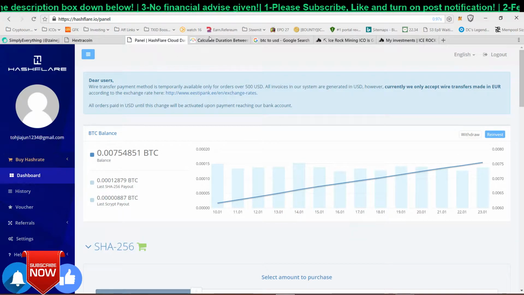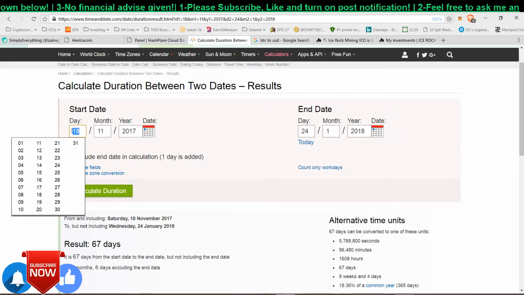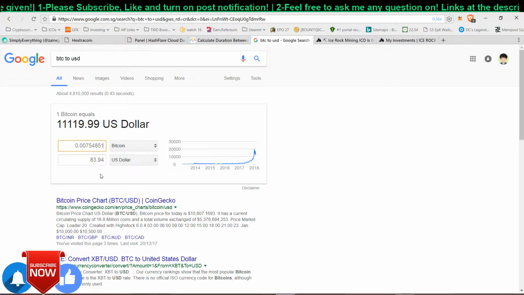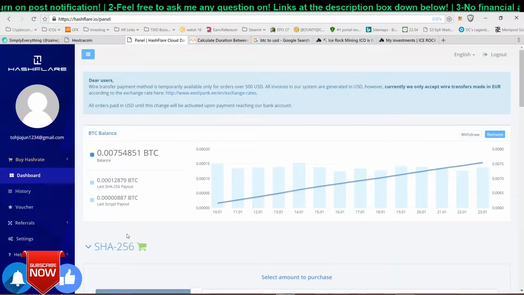And after that, how long have I been on this platform? As I already did the calculation here, I started off my SHA-256 mining on the 18th of November 2017, and today it is a result of 67 days, and I have already made around $83 compared to the USD value right here. So I would say I'm halfway there, because when I bought my SHA-256 at 1 terahash,